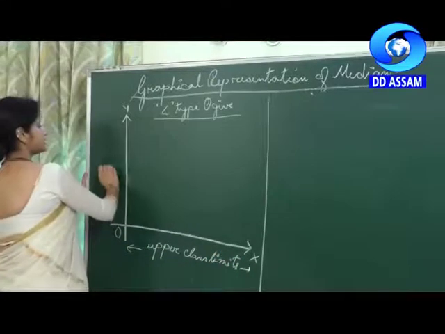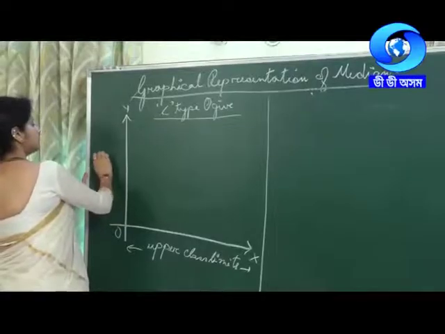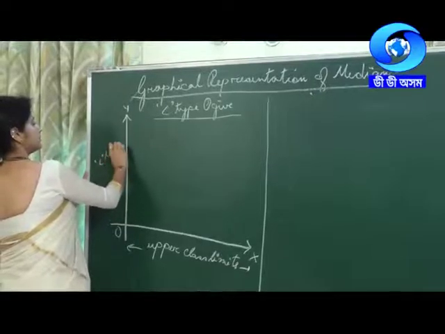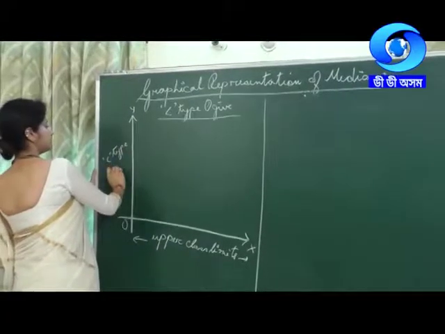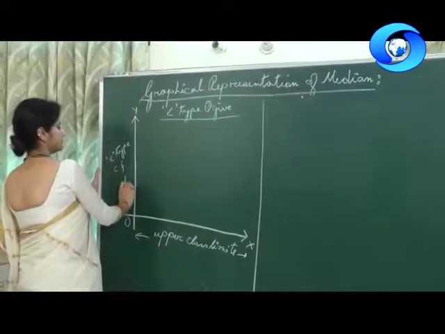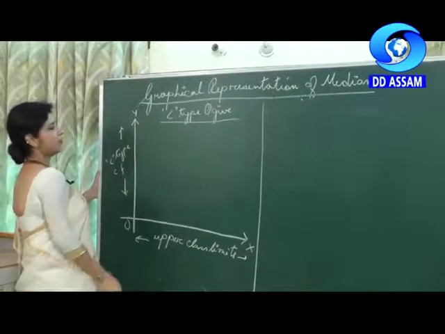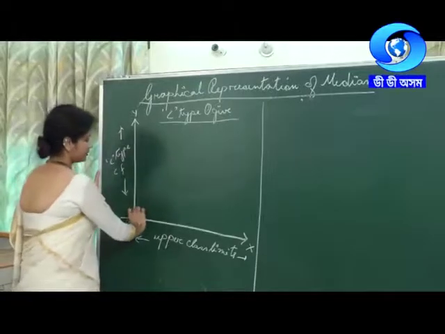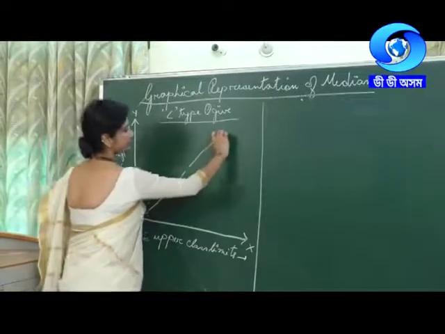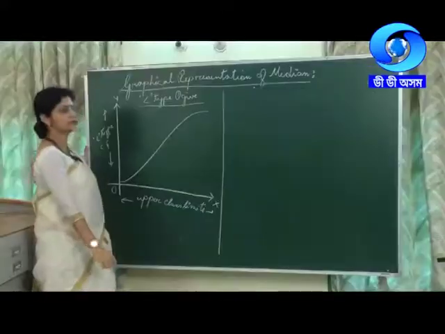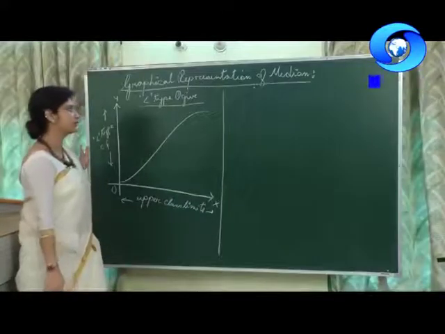On the y-axis, we have the less than type cumulative frequencies. And when you plot the points from your distribution, you get a curve of this shape,